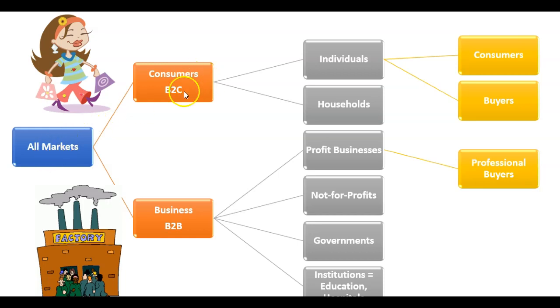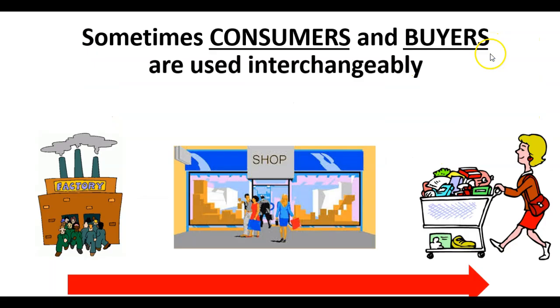As you know, we have consumer market B2C, so business to consumer, business market B2B. In business markets, you'll actually have, for a number of firms, professional buyers, and they buy on behalf of the company. Particularly, retailers will buy stock in, and manufacturers will buy raw materials and ingredients, etc. Okay, but I'm primarily looking at the consumer market and the distinction between who is a consumer and who is a buyer. Now, sometimes in the terminology, the term consumer and buyers will be used interchangeably, but there is a